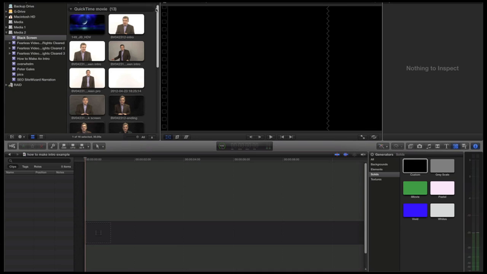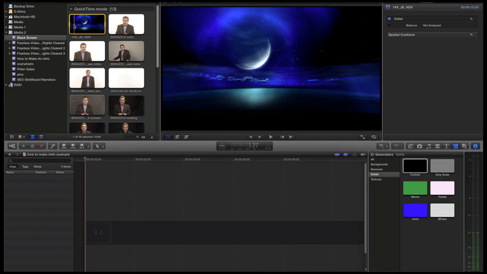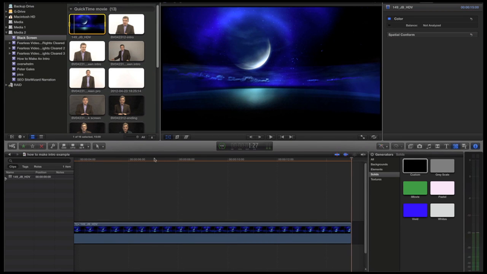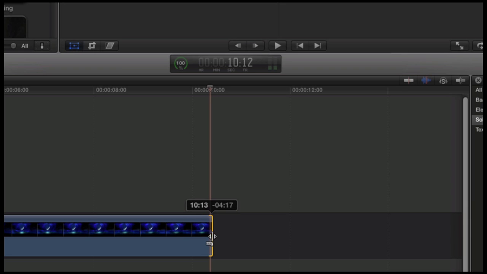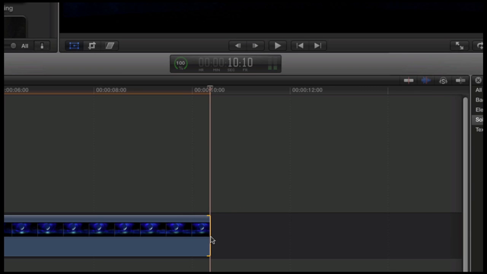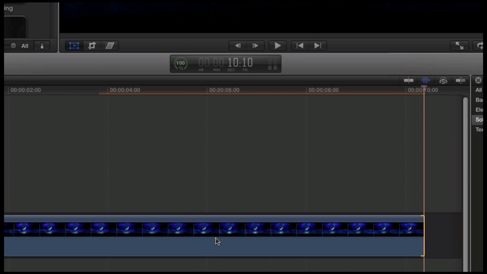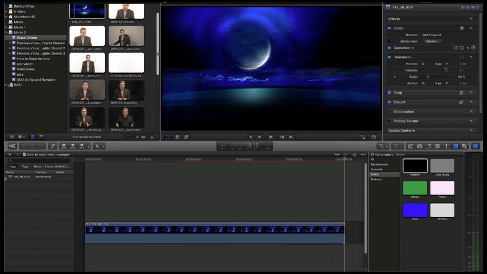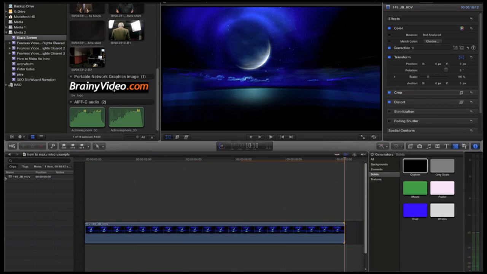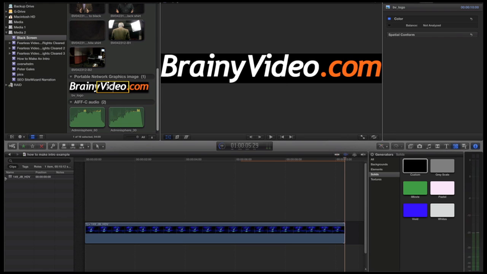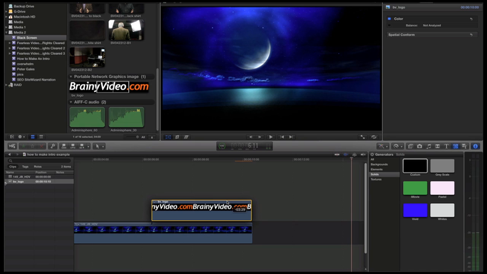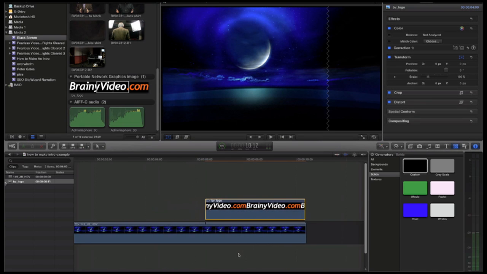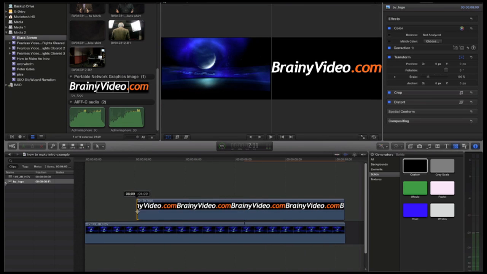Okay, so we'll start with our background element. That will be the first thing that we put in there. And we only want 10 seconds of it, right? So let's just pull this in to 10 seconds. Pull that in so we can see everything. And then we're going to bring in our next element, which will be our logo. And we'll just have the logo line up at the end with this one